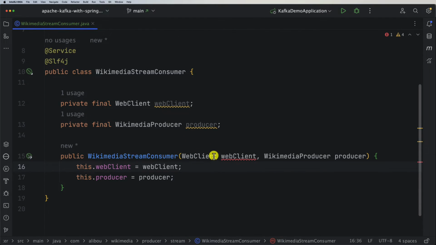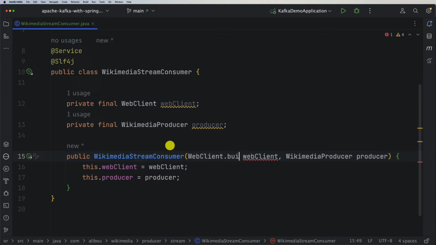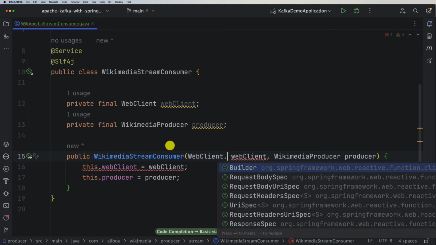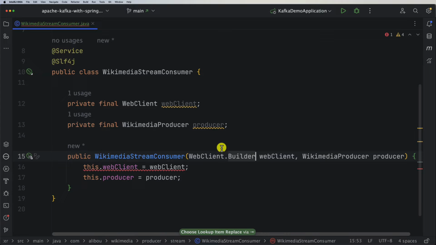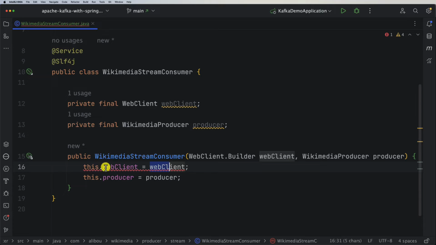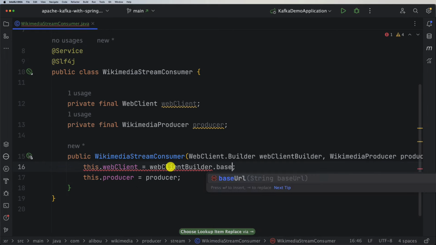Now we need to make some small changes. So here, instead of the web client, we need the web client builder, because this is the bean that we created in our configuration. So here, what we want to do is this.webClient equals this builder. Let's also rename this one to builder to be more consistent. And here equals webClientBuilder, and then .baseUrl.